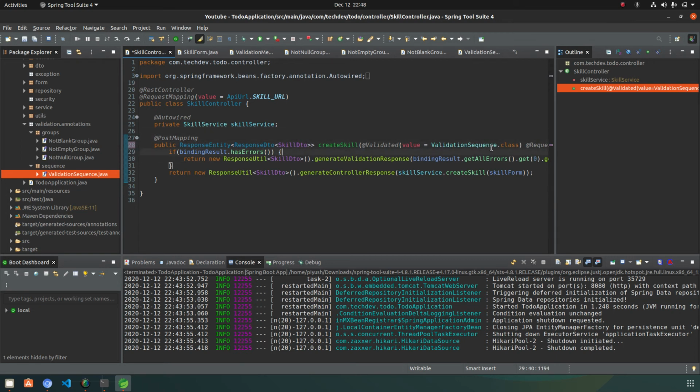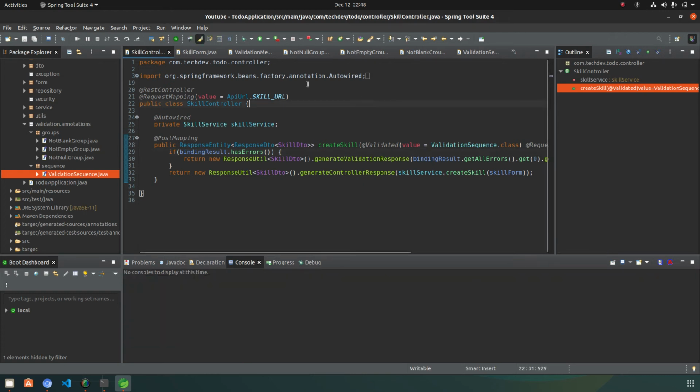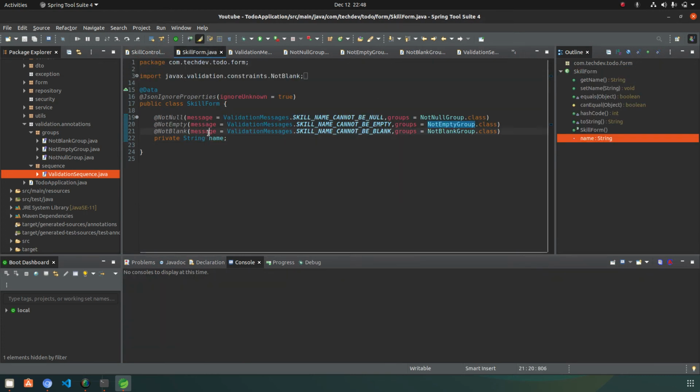You don't need anything else. We already done everything. So we just need to save it, and now we will check, and it will help you to understand that if I do not pass the skill name, then it will not check for the empty or blank until I do not provide some value to the skill name.